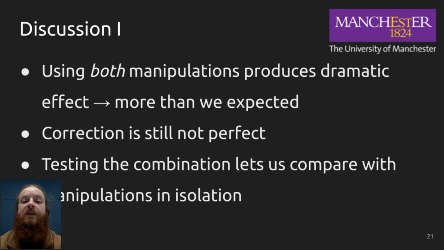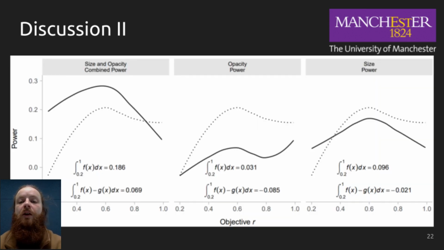Our correction, however, is still not perfect, but testing these manipulations together, as we have done here, allows us to compare them with the manipulations in isolation. So the plot here displays what we refer to as power, which I will walk you through now. As you can see, we have the objective R value again along the x-axis. Power on the y-axis refers to the correction that would be needed at each R value to produce a perfectly accurate estimation curve. The dashed line you can see here represents this power value, which we've calculated using previous experiments that used conventional